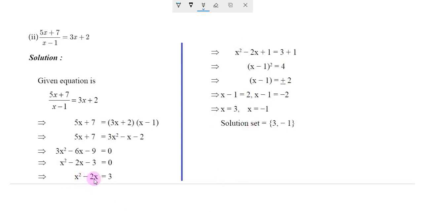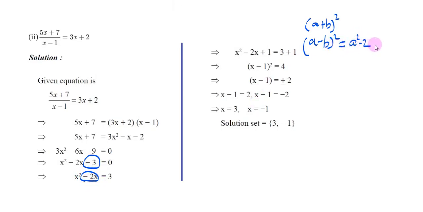So x square minus 2x, move this minus 3 to the right side, this will be plus 3. Okay. Now just compare this with a square. Now I repeat the same model again. A plus b the whole square formula we know, and a minus b the whole square formula we know. Then how can you find which formula we may apply? Look, here we go, minus 2x, you know, so a minus b the whole square formula we may apply. Understood? So what is that? a square minus 2ab plus b square.